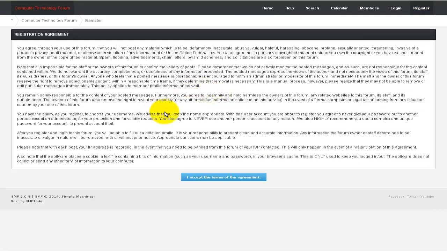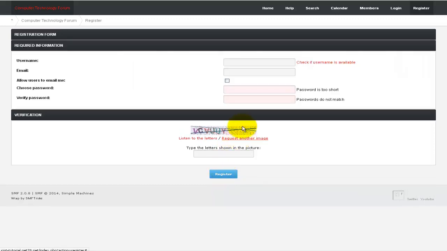This is the agreement that we have seen before. You can change this to suit your own needs. The user will then have to click on the I accept the terms, and they will have to enter some information here. So for example, what I'll do is I'll go with something like this. So username, email, Simple Machines forum,